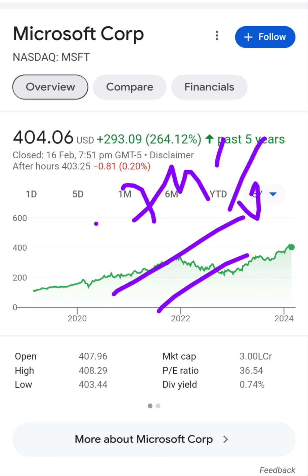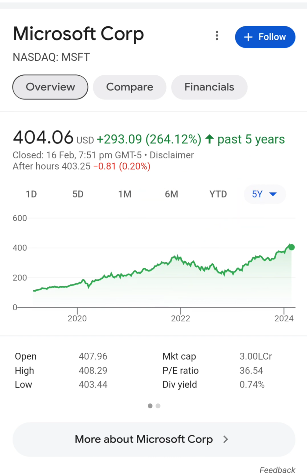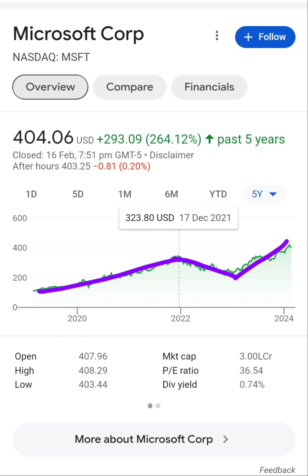Now let us discuss how it performed in the last 5 years. If you see the graph, you will see that the stock was in an uptrend for almost this whole stretch, and after that a solid profit booking is seen from this point to this point. After that, the chart is similar to the 1 year chart pattern, if you can see it.